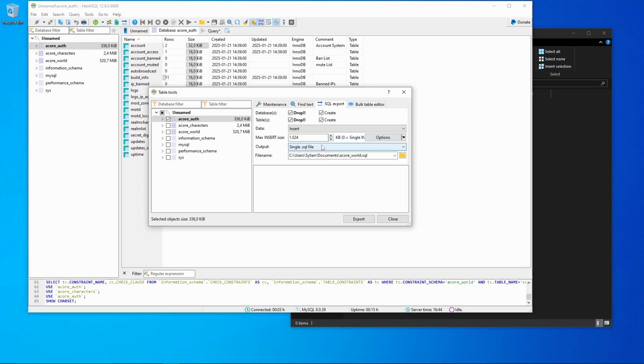So we click insert, and make sure everything is ticked on and looks like mine here. So add comments and remove definer clauses. Make sure those are ticked on. Now make sure as in output set it as single .sql file, and here in the file name click on the folder button